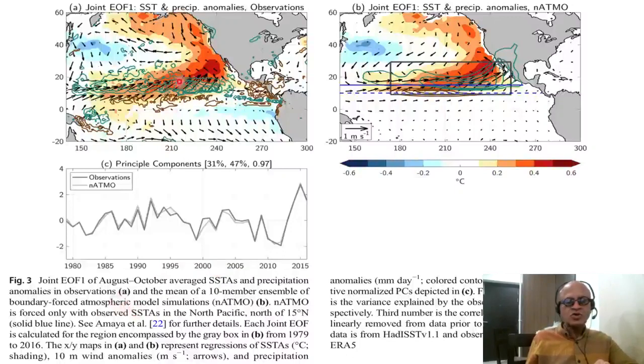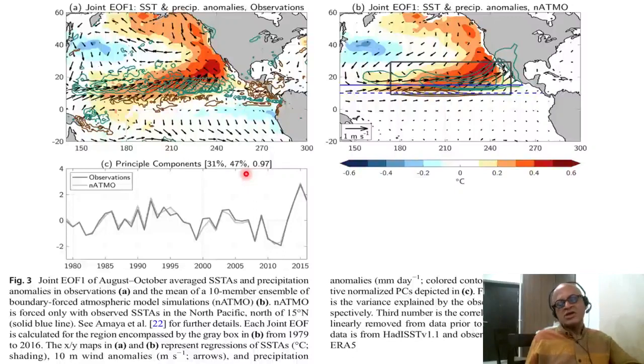So joint EOF 1 of August to October average SSTAs and precipitation anomalies in observations and the mean of a 10-member ensemble of the boundary forced atmospheric model simulations, M atmosphere. And basically the idea is to show that even if you give only the North Pacific SST anomalies to an atmosphere, it can produce the seasonal footprinting mechanism and the deep tropical wind anomalies, which means the Pacific Meridional mode does have a tropical footprinting, the so-called seasonal footprinting, and there is the associated rainfall anomalies in these green arrows, and observations and this so-called AMIP run, or the forced atmospheric run, have a remarkably high correlation at 0.97, but the explained variances are different in the observations at 31% and in the model at 47%, which